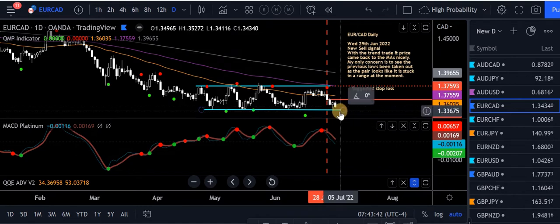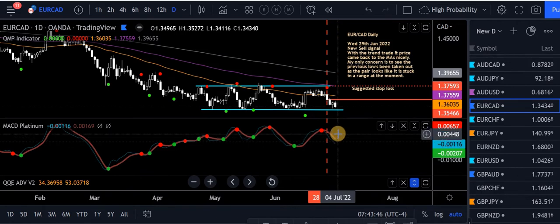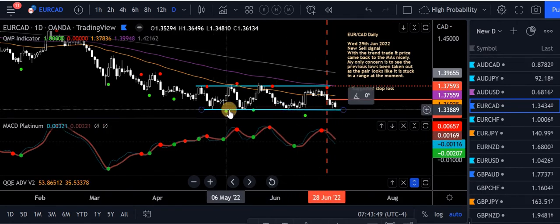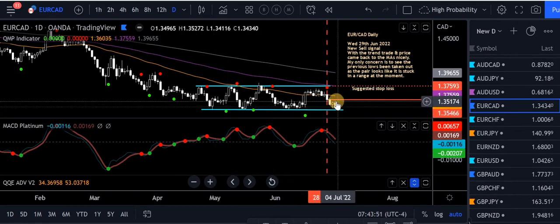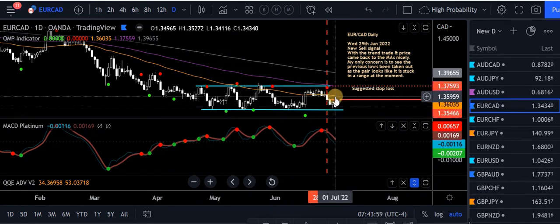Euro CAD. We're in a, what are we in here? Sell. MACD still above the 0 level. We're getting very close to this previous low. We had a good down day on Friday. I'll probably give it one more day. If it hits this low on Monday, I'll be looking at closing half, and I may bring the stop down a bit tighter just to reduce the risk.